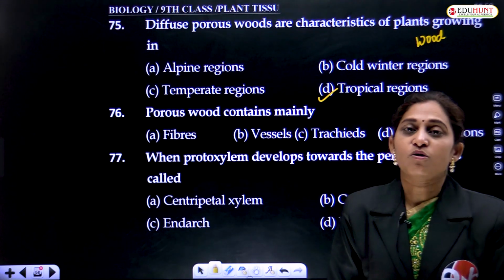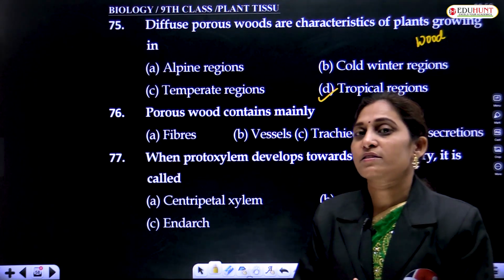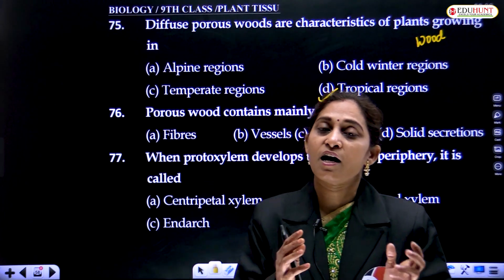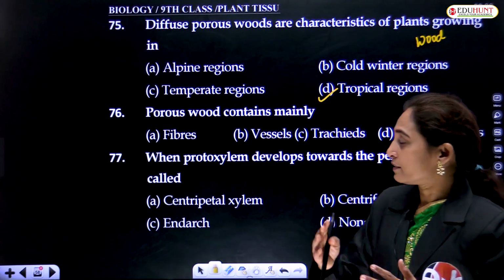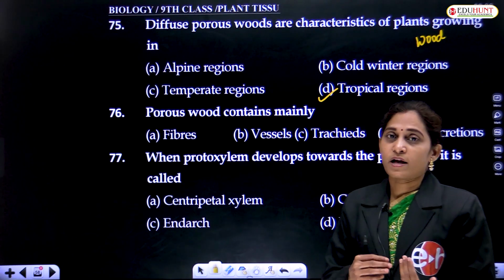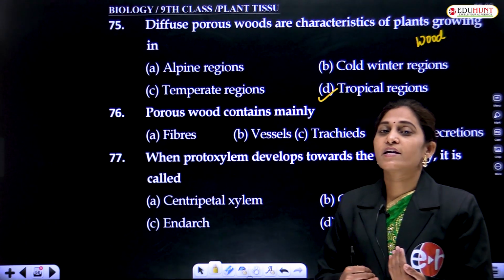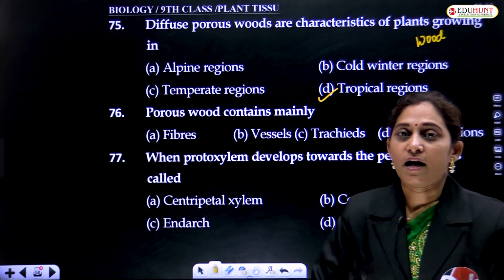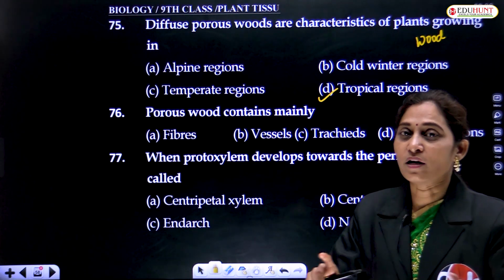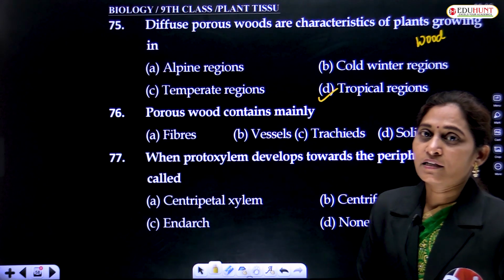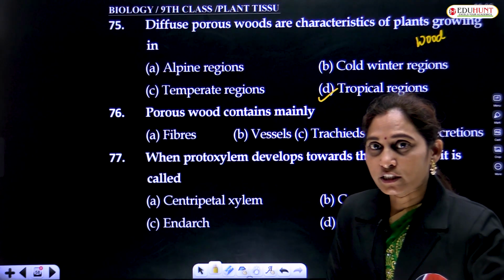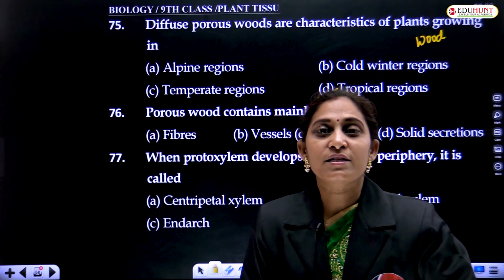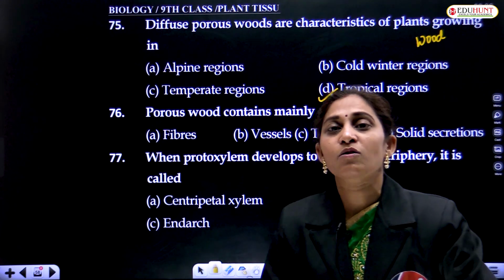they require. So during spring season, the vessels with the wider lumen are formed, and this kind of vessel production, this kind of seasonal variations produce a ring. That ring means annual ring. In 1 year, the wood, the secondary xylem that is produced during the spring season and autumn season of 1